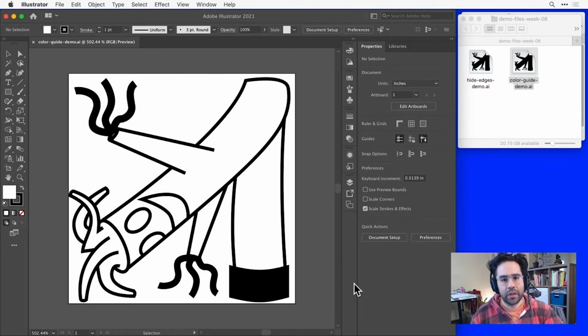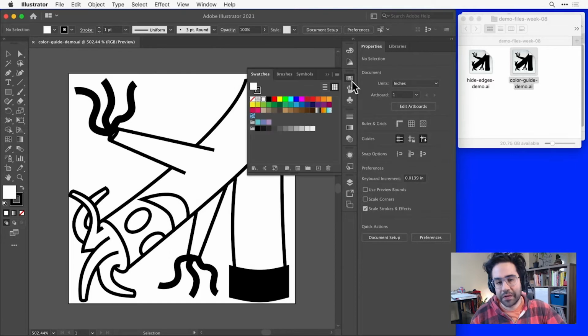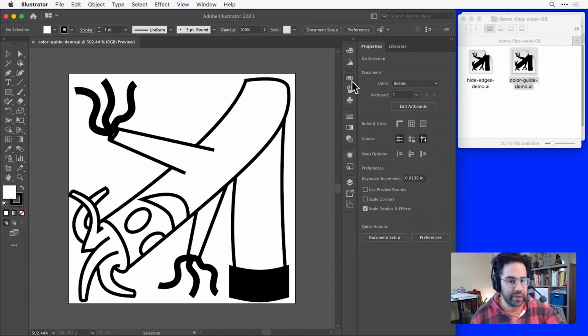In this video, we'll learn how to generate color palettes with Color Guide in Illustrator. I've got the file colorguidedemo.ai open from this week's demo files, and I'm at a point where I'd like to start setting some colors. I already know that I can choose individual colors in the color picker or the swatches panel, but I can also take advantage of some of Illustrator's built-in tools to figure out sets of colors that